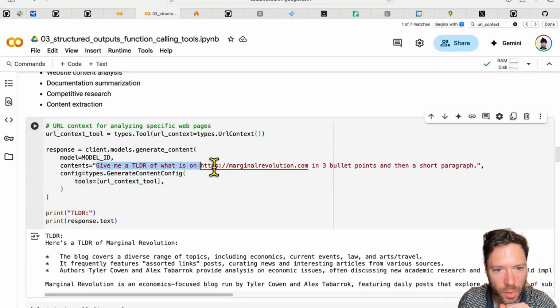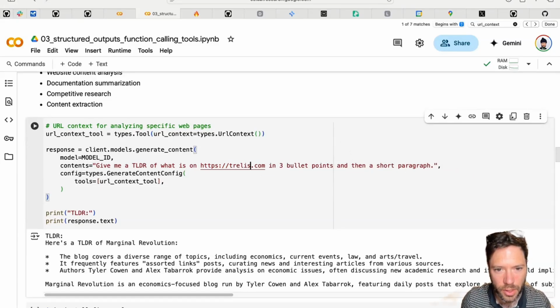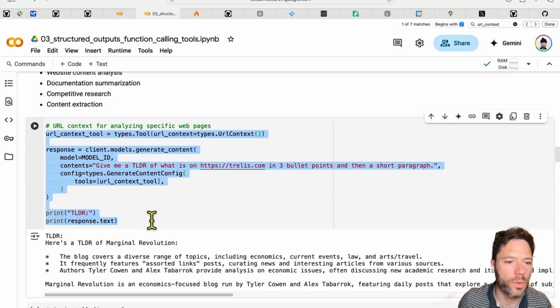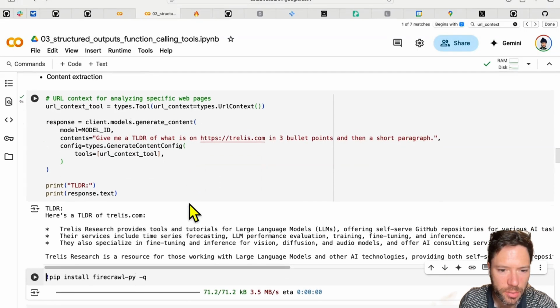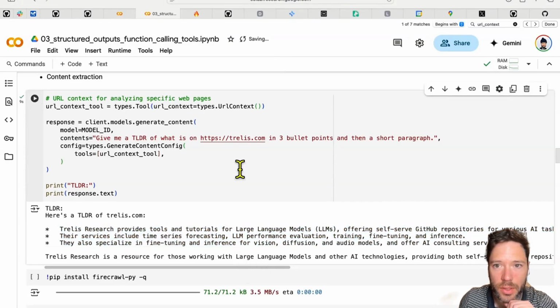Give me a TLDR of what is on this website here. Marginal Revolution, but it could be something like Trellis.com in 3 bullets and then a short paragraph. And we're going to get a response and print it out. So let's see how this goes. 4, 5, 6 seconds. And you can see it's taking a little bit longer because it has to make the call. And here was the TLDR of Trellis. So very nice.